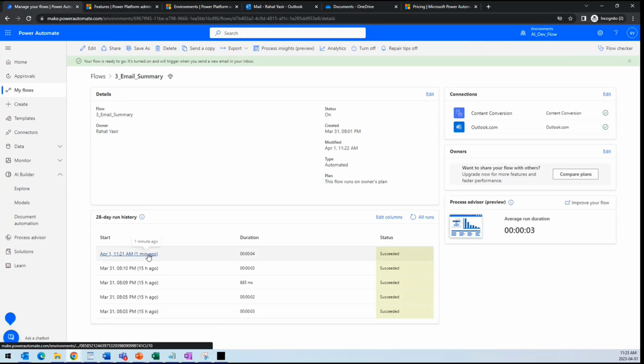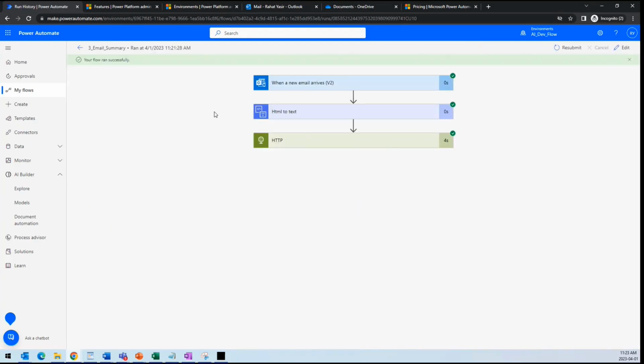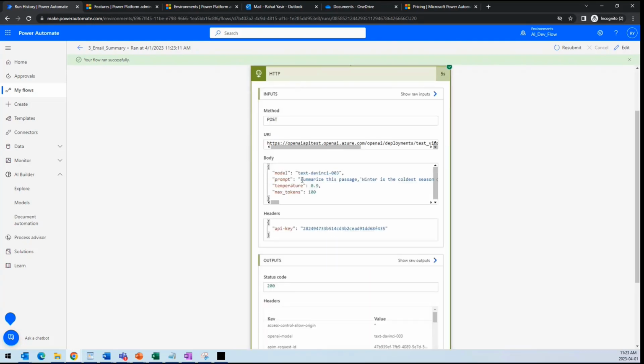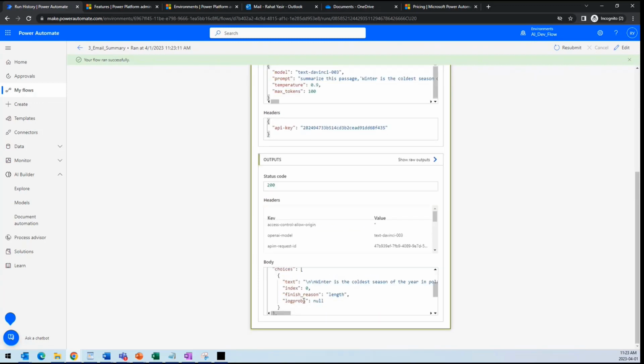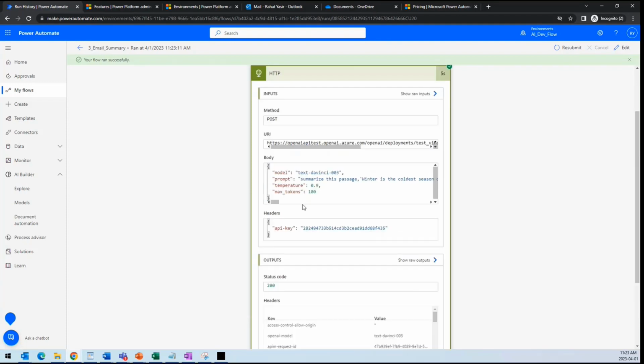One quick way of debugging is this: this is a flow that has already been run. We can resubmit it. If we click it, we can resubmit, and then the entire process will run again, but with a different HTTP structure. You see, this is the same summary I passed to the DaVinci model. This is the full text, and again, this is the summary I got. So it's nice. Winter is the coldest season of the year. A bunch of summary, and again we have selected 100